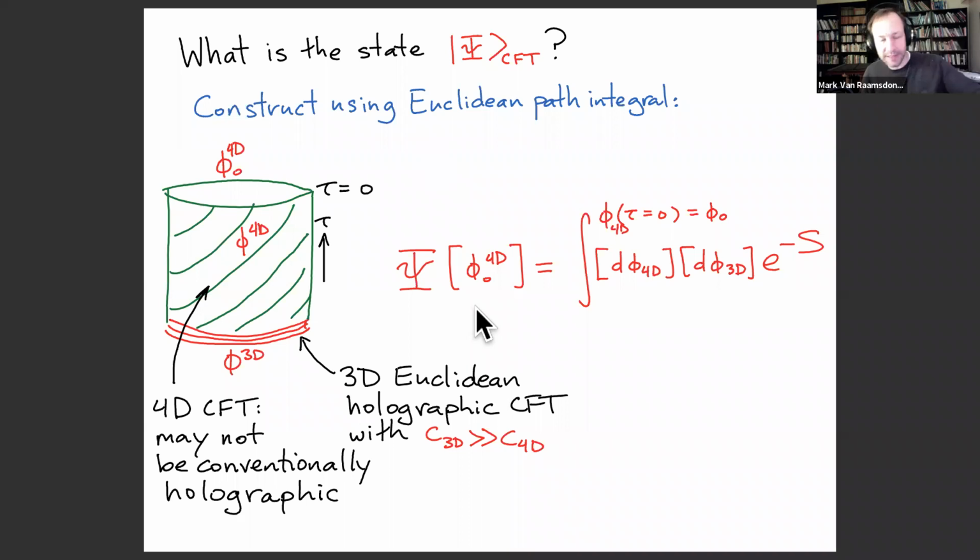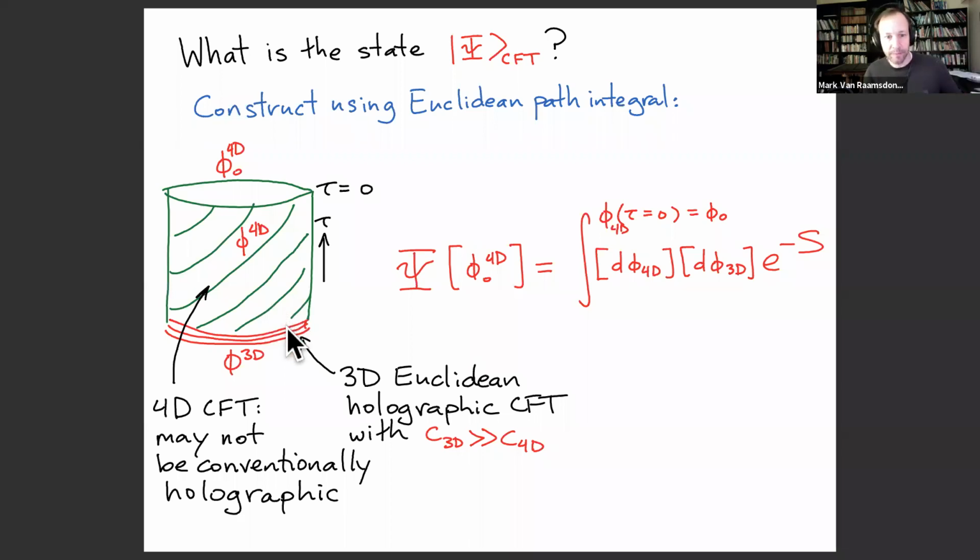Okay. So how do we get a state out of this picture? Well, it's sort of just the same way as before. If I want to evaluate the wave functional for my state on some field configuration on the sphere, I just integrate over all possible field configurations of the 4D fields and also these 3D fields, and these are coupled together somehow. And then I weight it by the action for this combined theory.